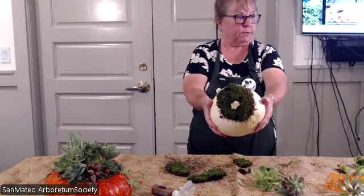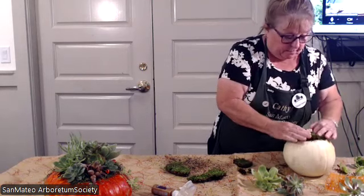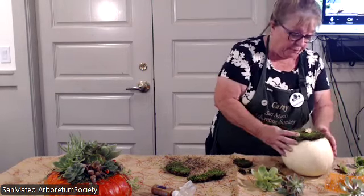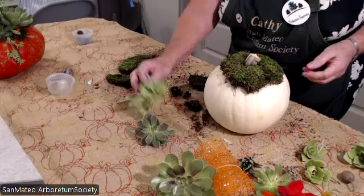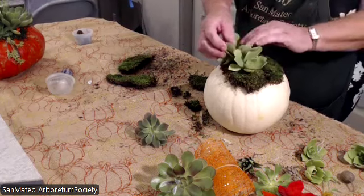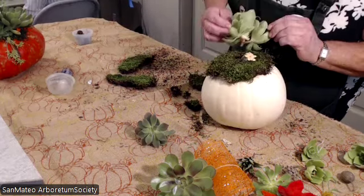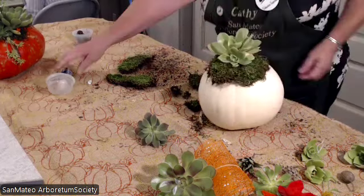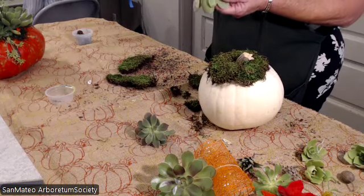So you're just gonna put your greens on top. Now, if you leave a little bit of space between your stem and your greenery, then when you go to put something like this on, you actually have a nice place to tuck a stem, if it actually works that way for you. And all you're going to do is you're going to take your succulents and you're going to add a little